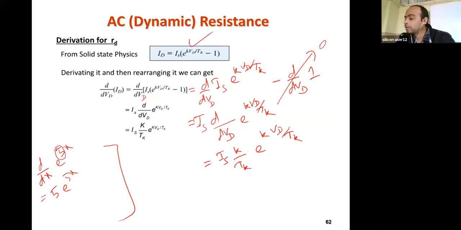That I told you, minus one. We will not talk about how it came. It is a principle of physics from semiconductor physics. It is there, so we'll start from that point, because how this equation has been derived, we will not discuss here. Just remember that the relationship between ID and IS is this much, and what K, VD, Tk are has already been written in the previous slide. You will get that in higher studies.